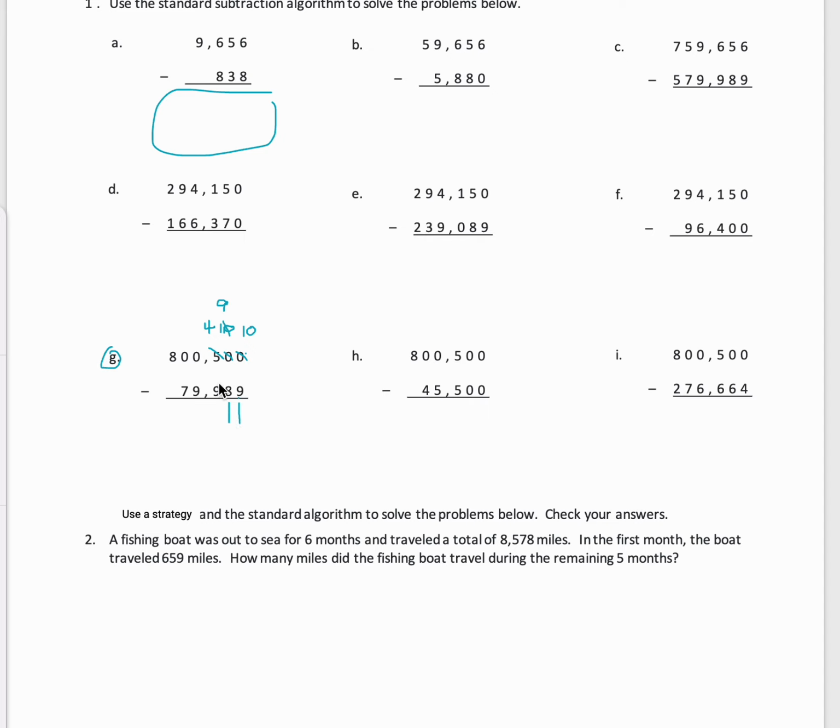Can I take 9 from 4? No. I would need to go next door, but uh-oh, I don't have enough. Let me go again, next door. Uh-oh, I cannot, right? So I have to go again, just like I did earlier. It's a domino effect, right? So if I take 1 away, that will give me 6,